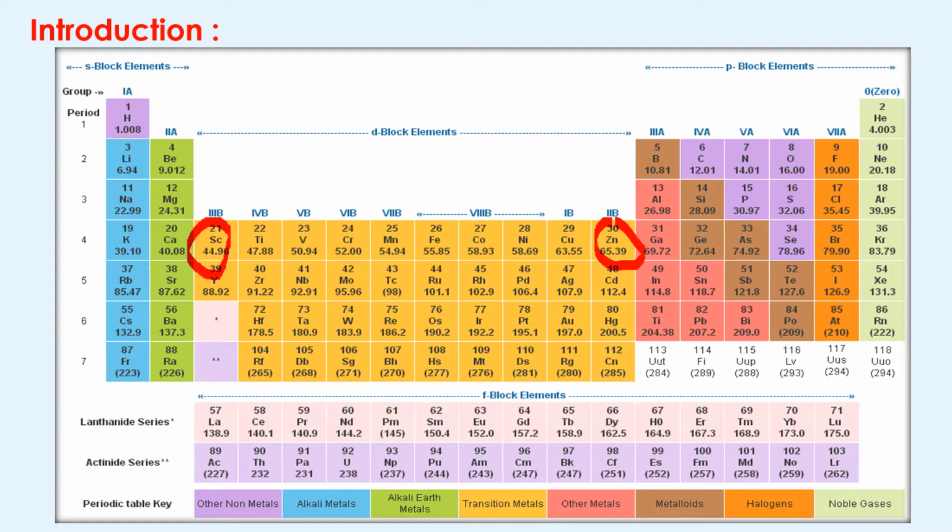Now this is your first transition series, which starts from scandium to zinc.